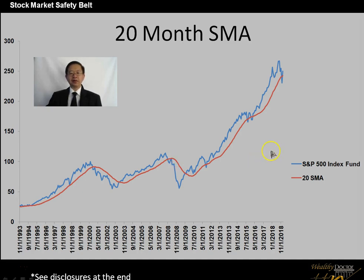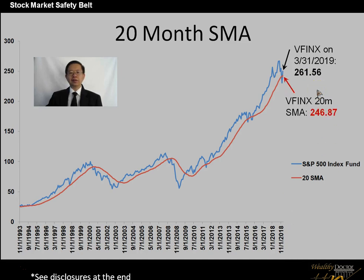And so for this month, we take a look at the price of the S&P 500 Index Mutual Fund, which is $261.56 per share. Then we calculate out the 20-month moving average, which is now $246.87, so both are increasing. And just for our number geeks out there who like this stuff, we can divide and find ourselves a 5.9%